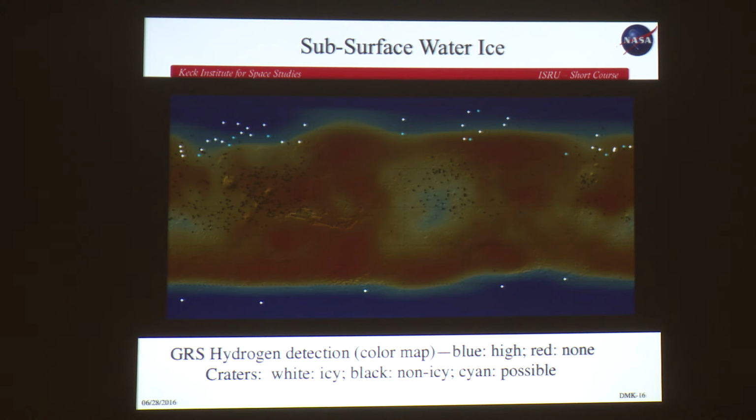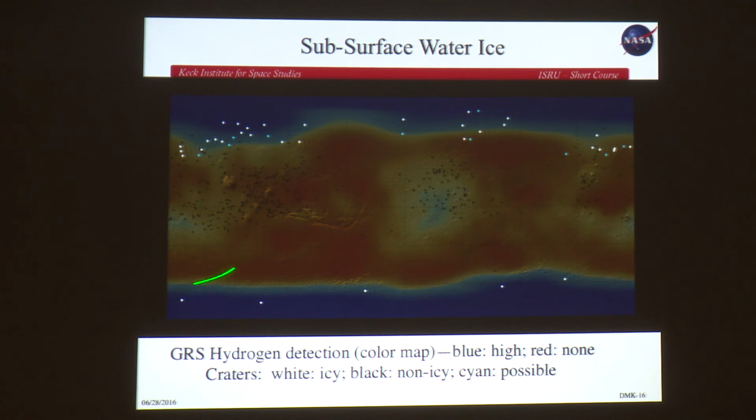Superimposed on this is one of the things that has come up in the last few years as a new feature that we weren't really thinking of: impact craters. All the little dots are impact craters, black ones, white ones, and blue ones. What is interesting is that some of them, when we look at them right after they form, have very bright spots around them. And when we've looked at them with a spectrometer, we've seen that it's water ice. It is very pure water ice that is coming up from these craters. These are tiny craters, meters to tens of meters in diameter. So they're only excavating a meter to a few meters into the depth, and they're bringing up almost pure water ice.